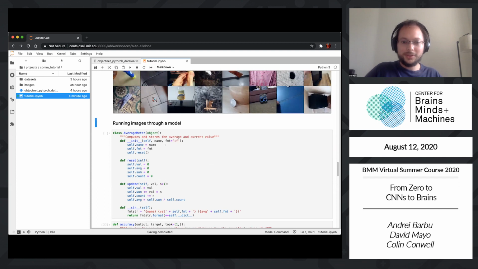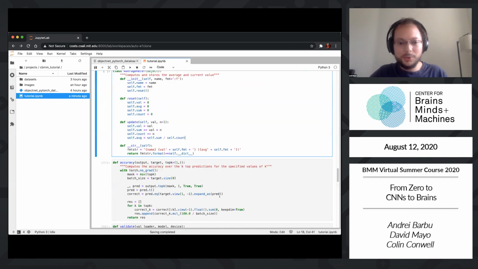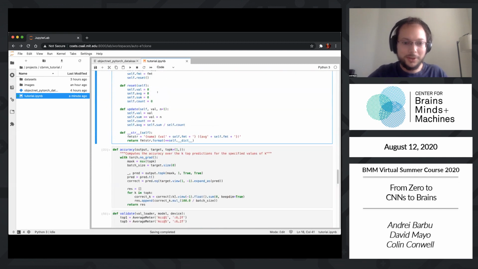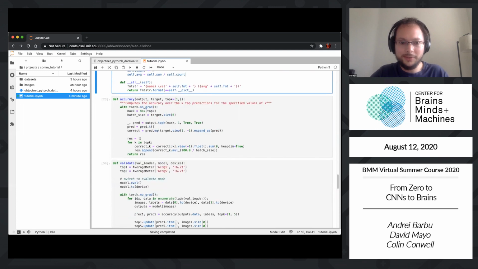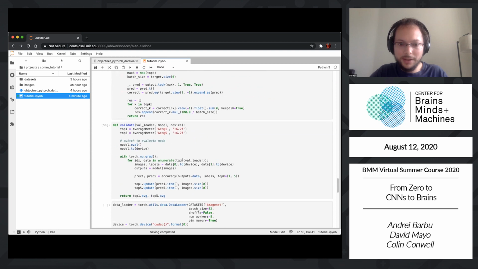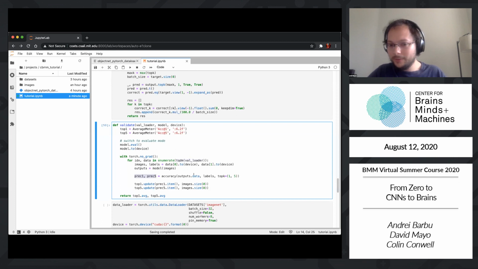I've also included in this tutorial some validation accuracy code that you can try out yourself. This is fairly simple. It just loads in data in batches using these different dataset data loaders, and then allows you to get the top 1 and top 5 accuracy, which is what we typically use in vision research, to basically allow models to either get 1 guess or 5 guesses as to what the correct answer is of what's